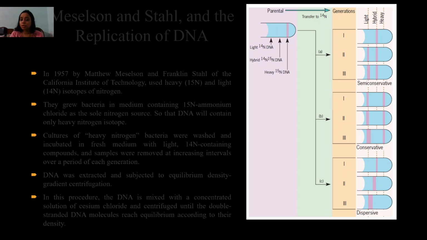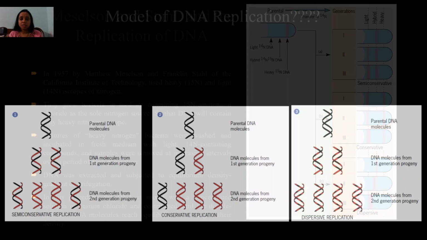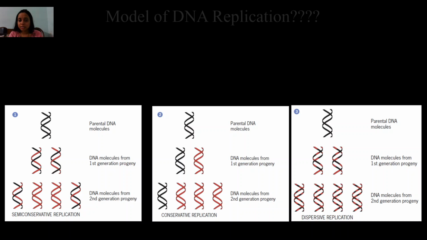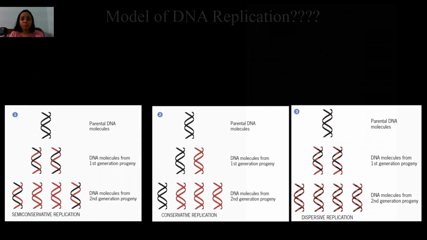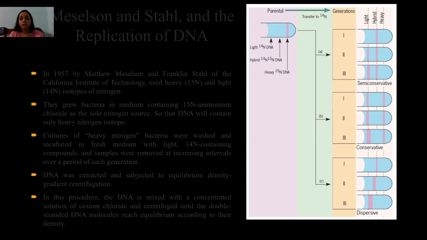Now let's go to the third one, in which we have the dispersive model. We are just comparing the dispersive model over here. In the dispersive model, the first generation will be similar to that of the semi-conservative. Why am I saying this? Because it will have a similar hybrid pattern as semi-conservative has. It has a hybrid kind of DNA in another way, because half of the portion belongs to the parental DNA molecule, whereas half belongs to the first generation or the daughter cells. So the hybrid molecule which has been formed will give the band over here only. It is similar to the semi-conservative.